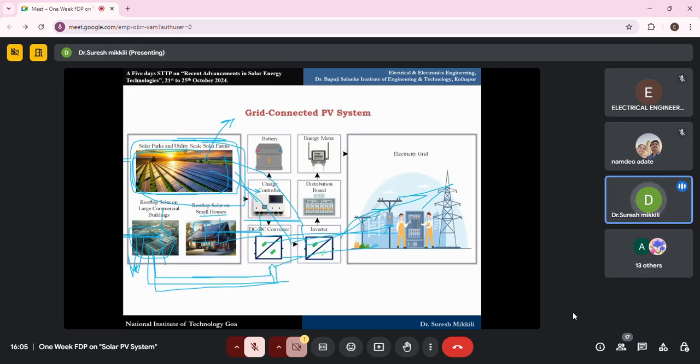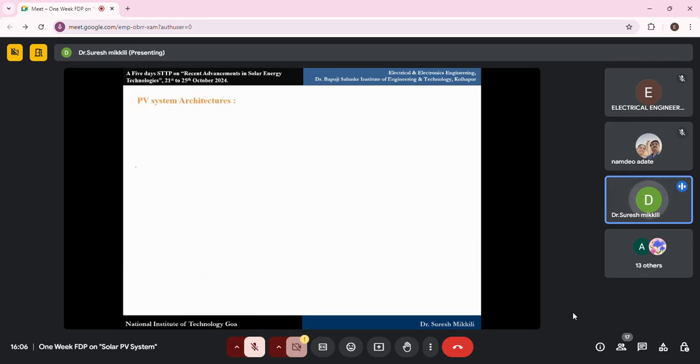Now we are telling that solar parks are big in size, so we have different architectures. What is that? We have a